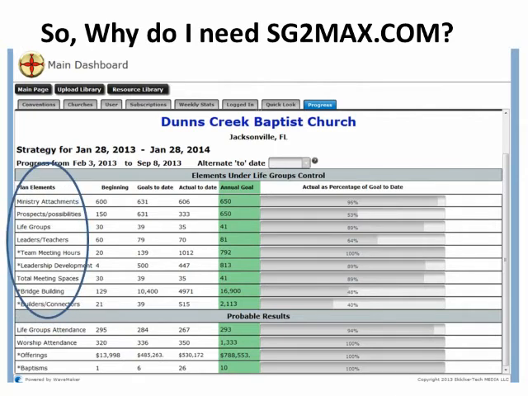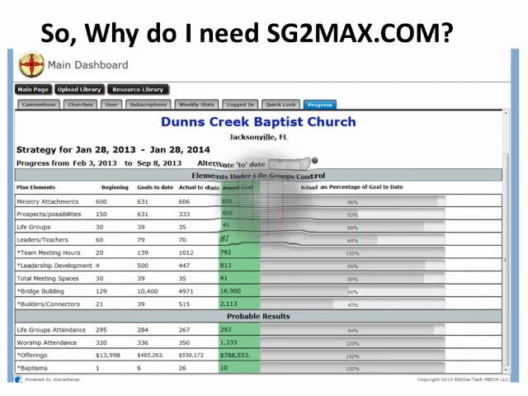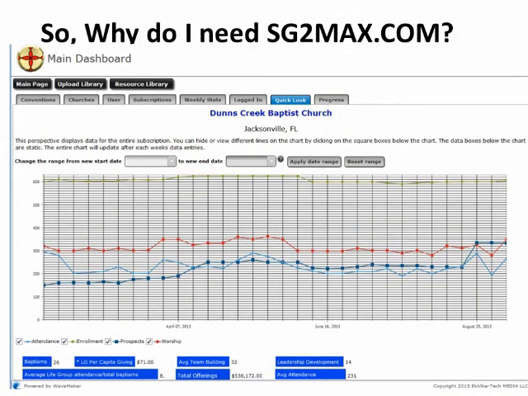First, we help you identify the essential elements of small group ministry growth and set goals for each based on your annual enrollment goal. From the data you enter weekly, we visualize your progress in charts toward those goals, indicating week by week strengths and weaknesses. If you accomplish your goals, we also suggest growth in baptisms, small group attendance, worship attendance, and offerings. We provide a second chart that plots your progress week by week over time. We call it Quick Look. We hope these visual representations of your data will be both instructional and motivational.